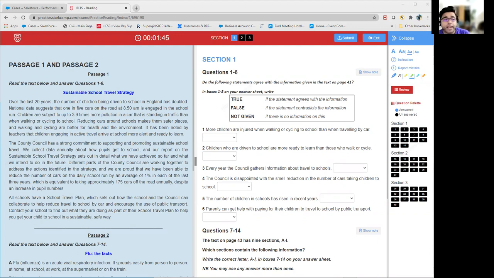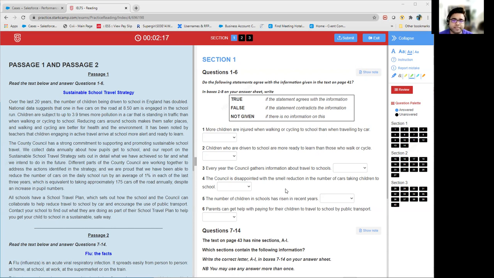In most cases, what it generally means is that the statement given in the question has something with the same meaning already in the paragraph. That's when it's true. In case the statement in the question paper is incorrect or has a different meaning, but something of this relevance is already there in the passage, and it could be incomplete, that's when it's false.